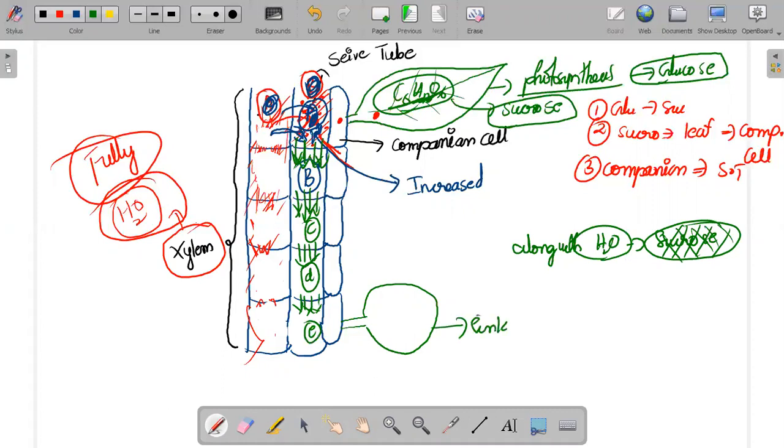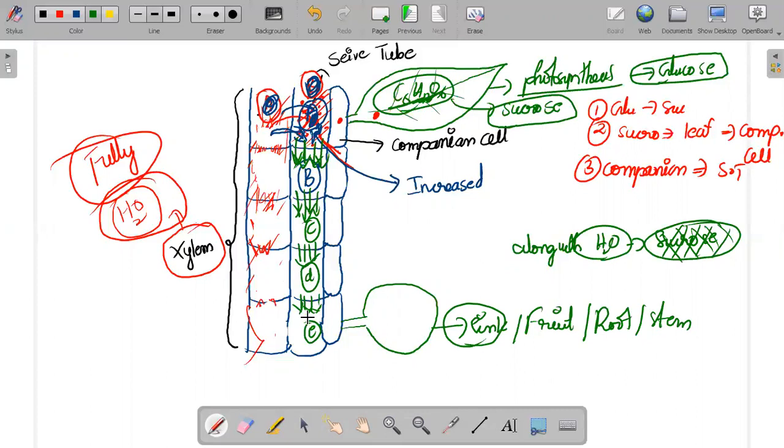Up to the E cell, because here we are having the sink. In this case, I will take it in the form of a fruit, root, etc. I can take any of them. I can take that as a fruit, or as a root, or as a stem. I can take any part of it, because it is a sink actually.